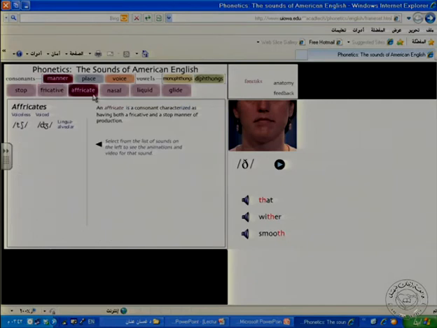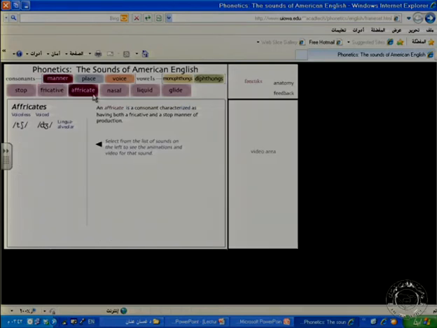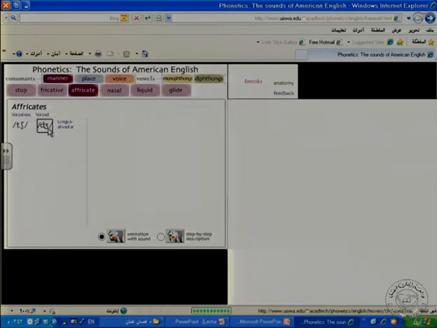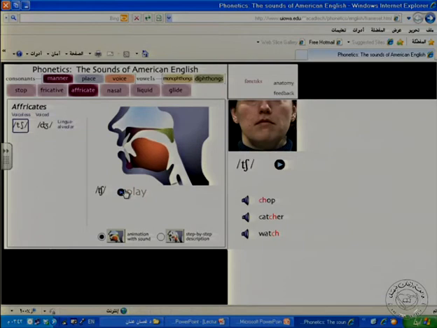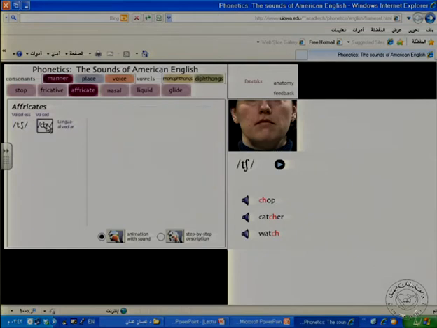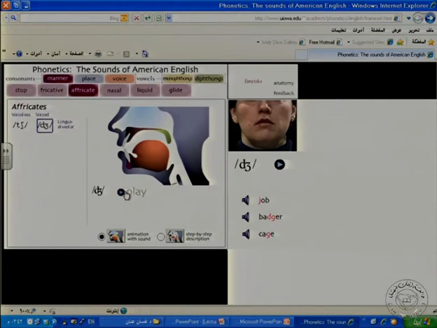If you change the manner into affricate, again we have ch and j. Ch, for example, see, ch, again. The tongue raises till it reaches the alveolar ridge. See what exactly happened? You can see the tongue touches the alveolar ridge, and here the velum raised up to close the nasal cavity. In the case of j, the same process exactly